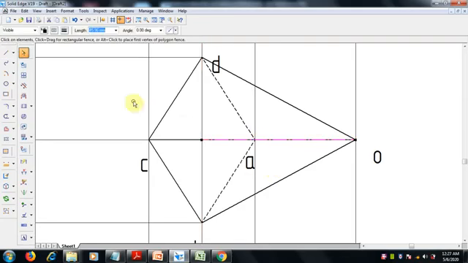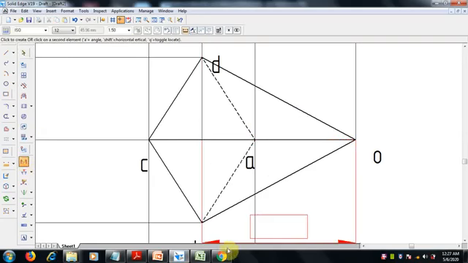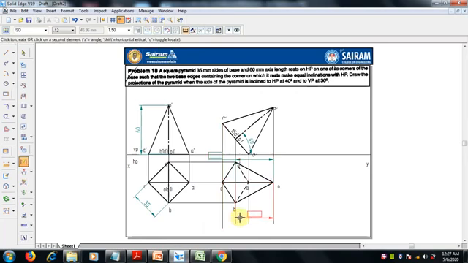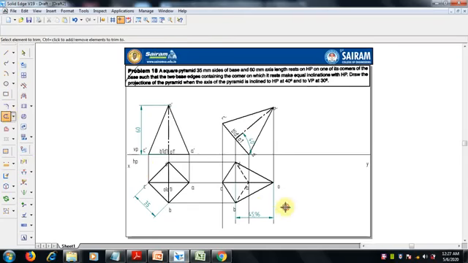Now select this axis, smart dimension, select this axis and keep it here, because we need to know the axis distance for this particular problem. It is needed. Trim unwanted lines, right?